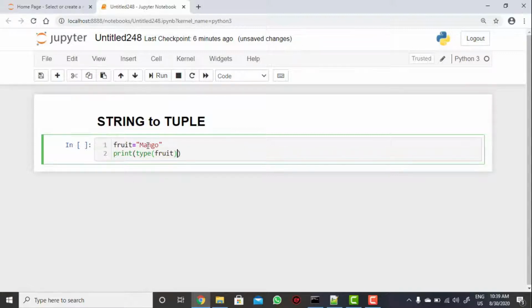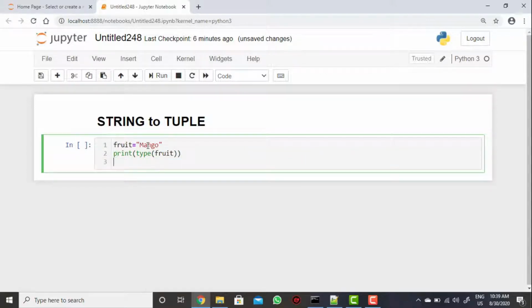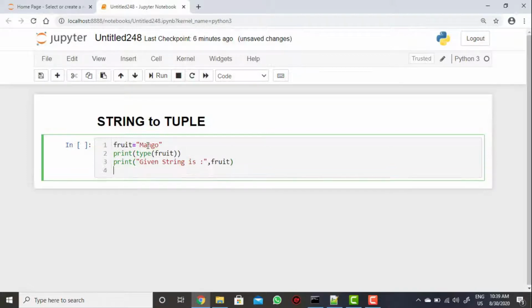Then we pass print of the given string, and display the same string which we have now. After that we need to convert it into tuple data structure values.